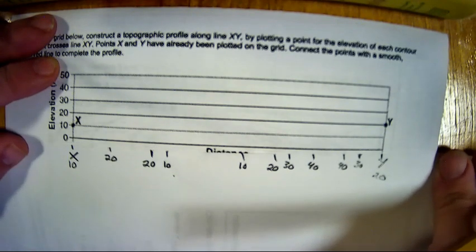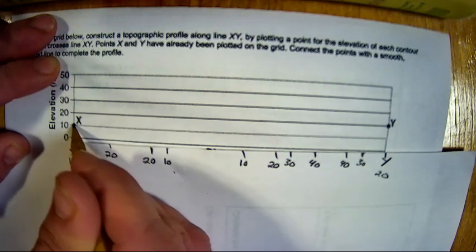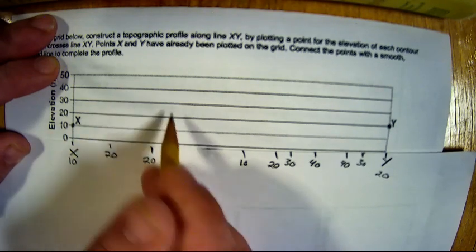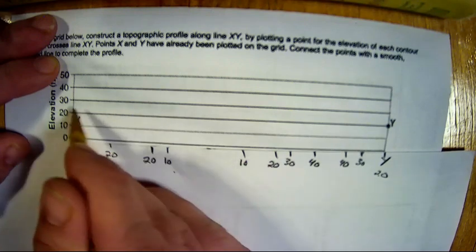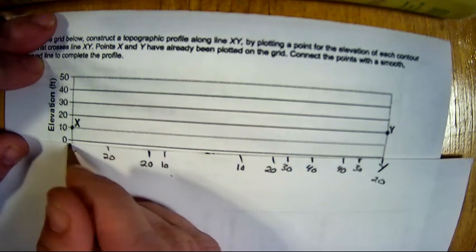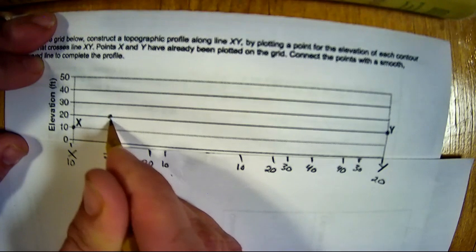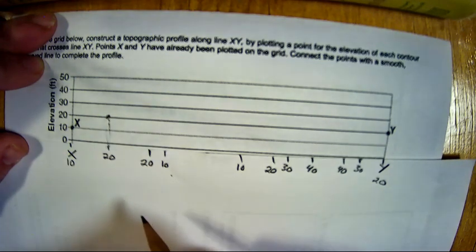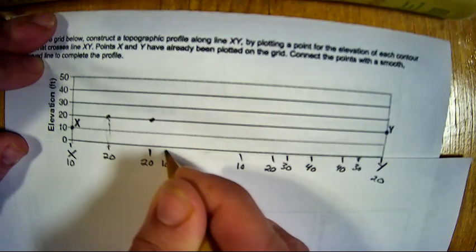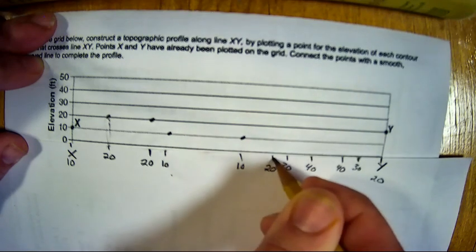And I'm going to start to transfer these points onto this graph. So right here I've got this one already put. See how it says 10 right here? I'm going to be putting dots where these marks line up with their appropriate elevation. So I'm going to start right here with 10, and then 20. I go all the way up, and I'm going to put a dot. See how I'm following it up right to where it's supposed to be, directly above it. Same goes for this one. I'm going to put it right here, follow it directly up, 20, then follow this one up to 10, this one to 10,